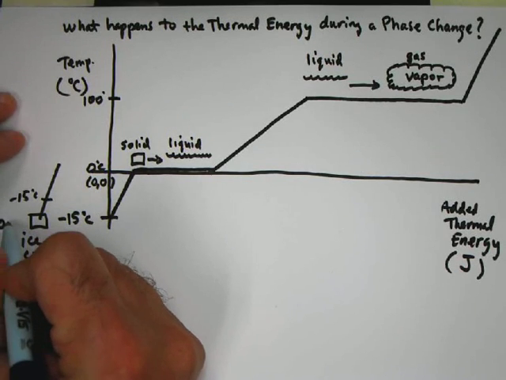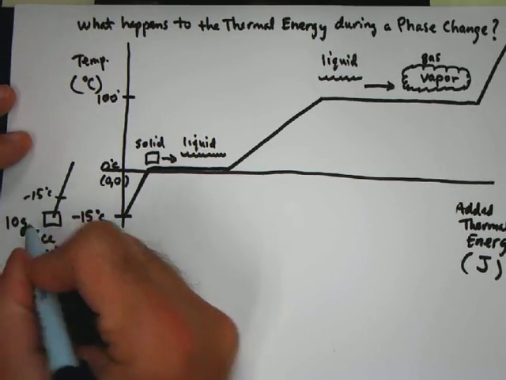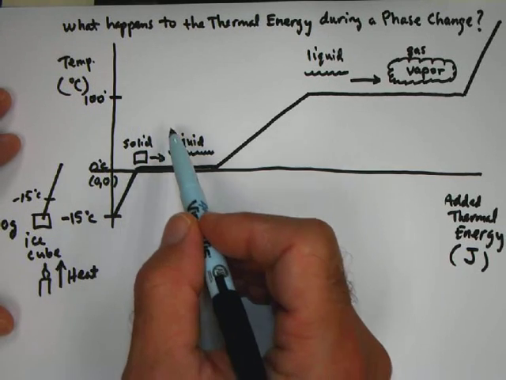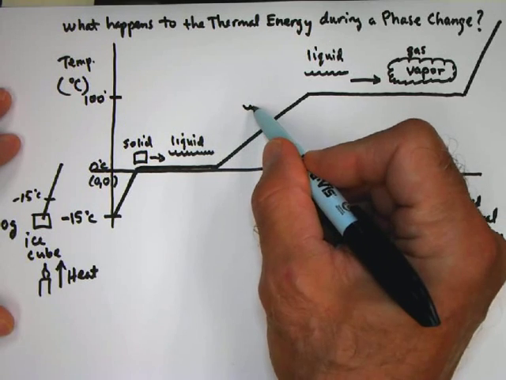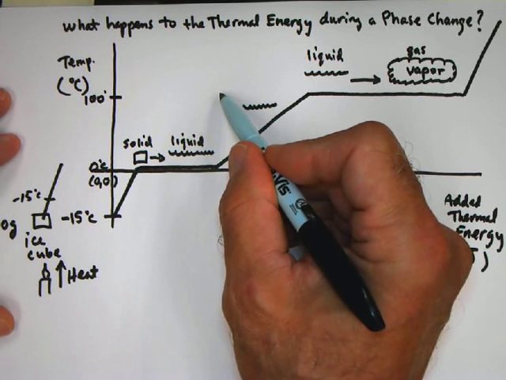10 grams of ice to begin with. That's going to convert to 10 grams of liquid water. That liquid water will then rise in temperature from 0 degrees to 100 degrees at this point, and then when